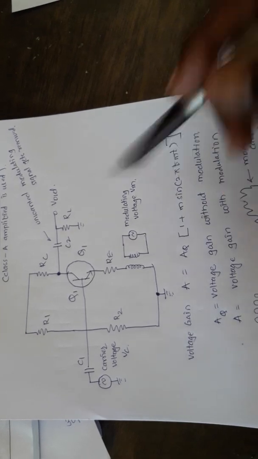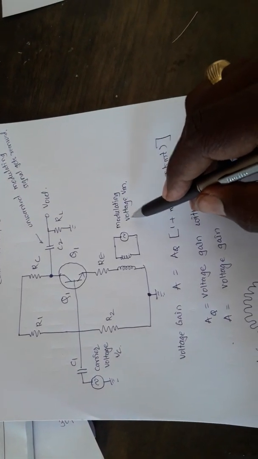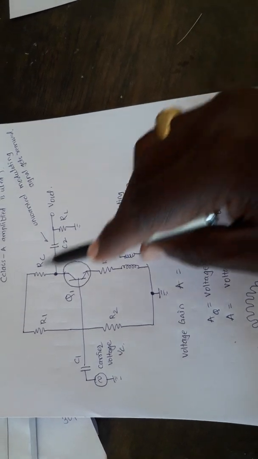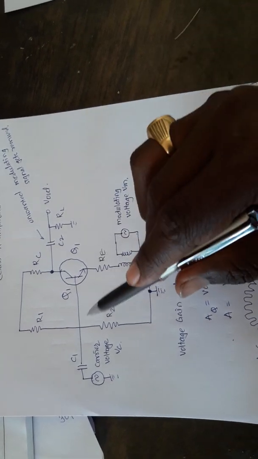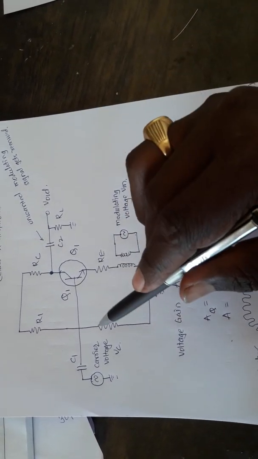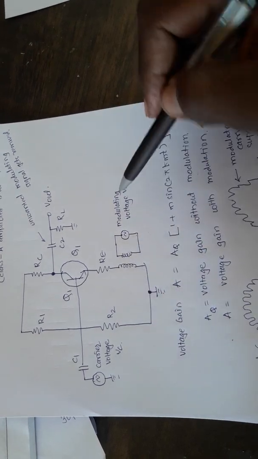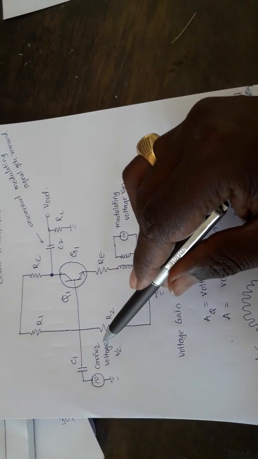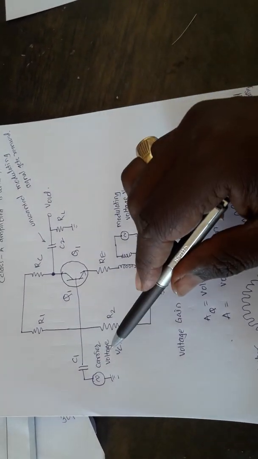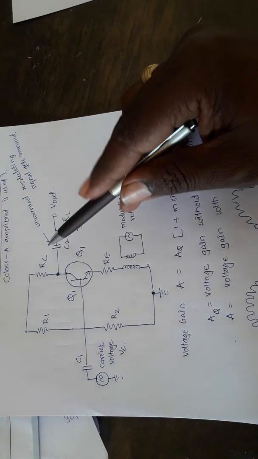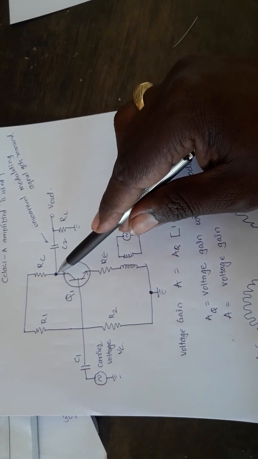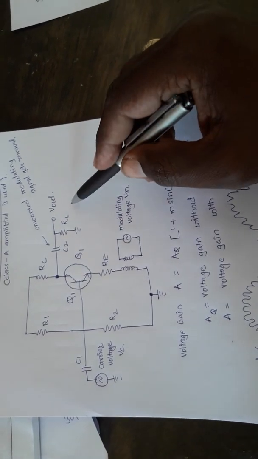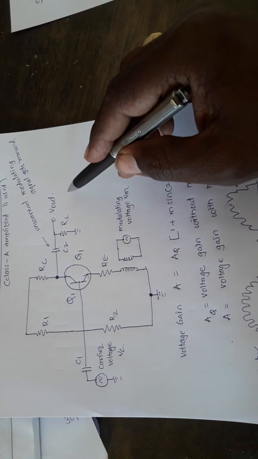Now, when the modulating signal is applied, depending on the modulating signal, this circuit acts as a non-linear device, and the multiplication or product of two components takes place, that is the carrier voltage and the modulating voltage. According to this multiplication action of the carrier voltage and the modulating signal, at the output of this circuit, that is at the collector side, we are getting an AM modulated envelope.